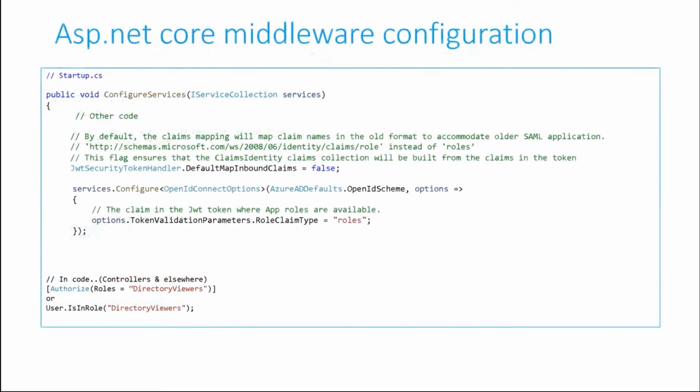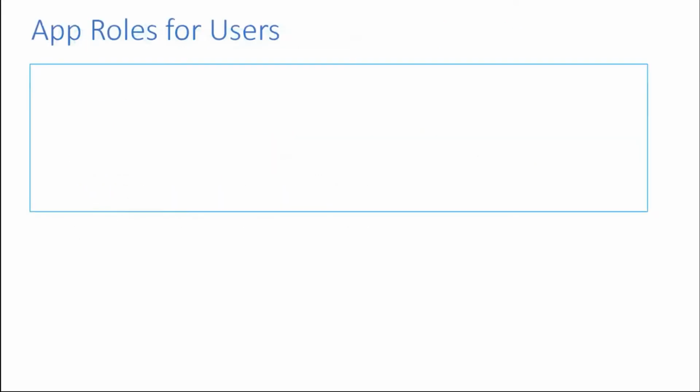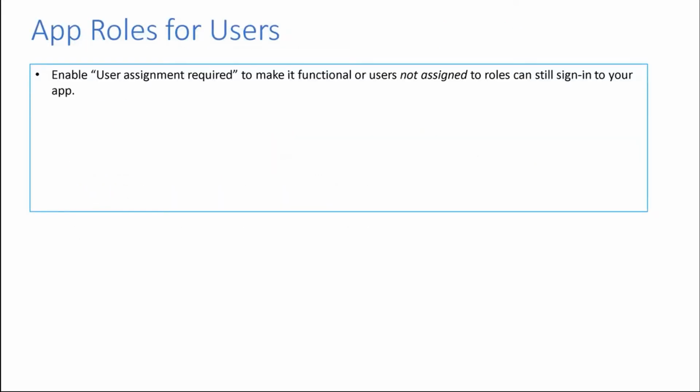Similar code on how to use it for ASP.NET Core is also provided in this slide here. I will not cover it in detail. You can use this and other links that are provided in various samples to learn more about how to use it in ASP.NET. For other languages, you might have to look into similar mechanisms that might be available to process claims from the tokens that are presented to an application after a user has signed in. To finish the app roles, just a few more things to take care of. You make sure that you have the user assignment required flag set to ensure that you only sign in users who have been assigned roles.